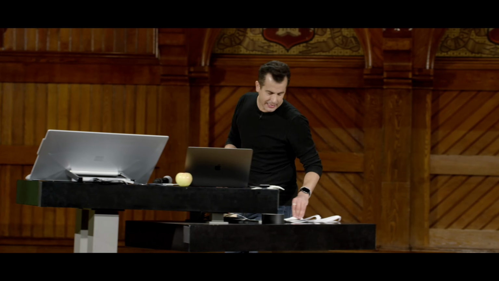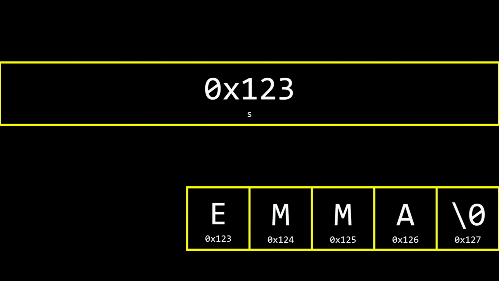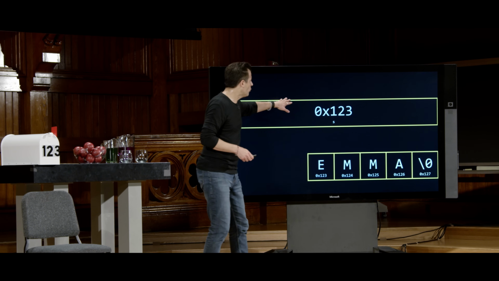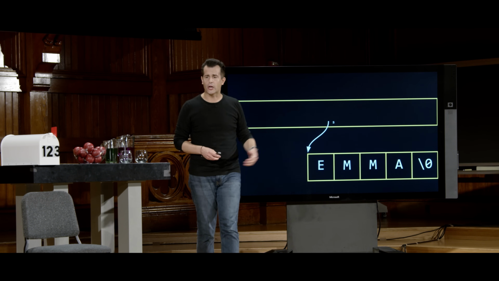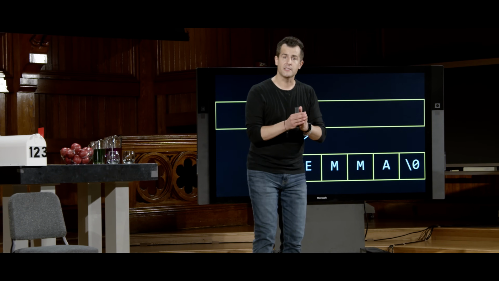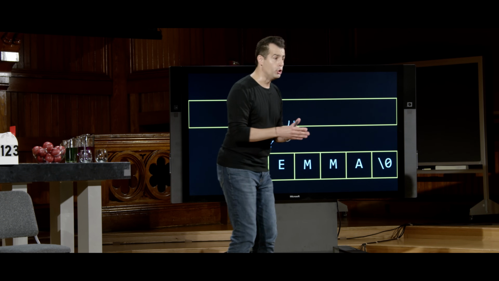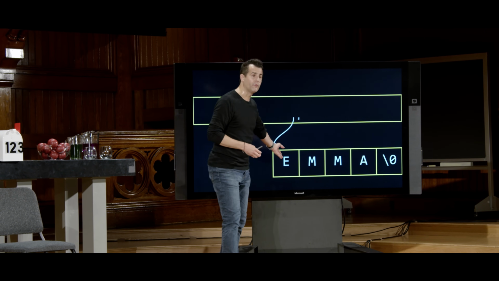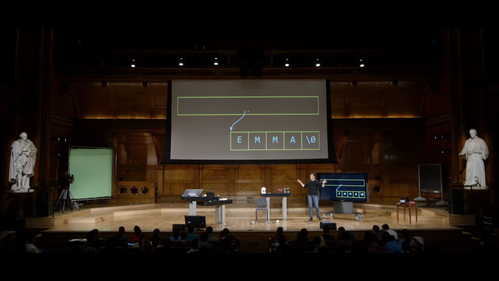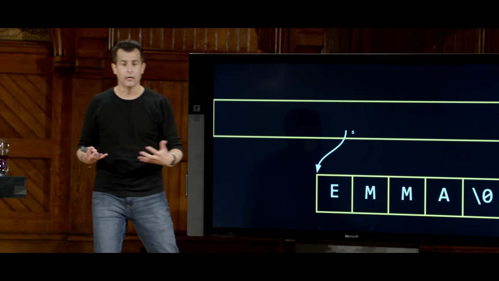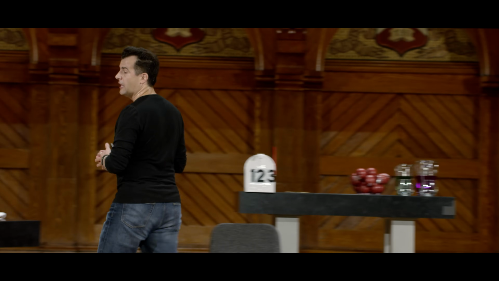Well, what then really is that variable s? Well, I dare say that s is really just a pointer, right? It can be a variable depicted here just as before, called s, and it stores the value 0x123. Why? That's where Emma's name begins. But of course, we don't really have to care about this level of precision, the actual numbers. Let's just draw it as a picture. S is, if you will, a pointer to Emma's actual name in memory, which might be down over here. It might be over here. It might be over here, depending on where in the computer's memory it ended up by chance. But this arrow just suggests that s is pointing to Emma, specifically at the first letter in her name.